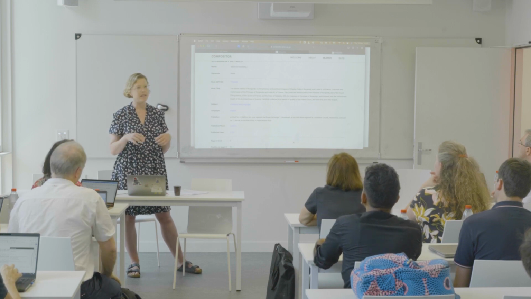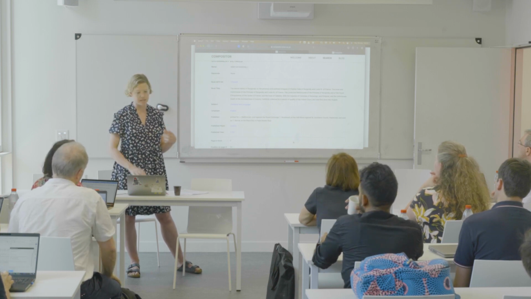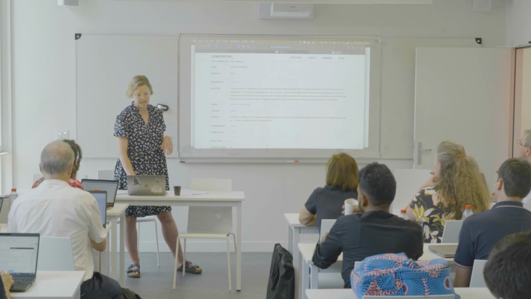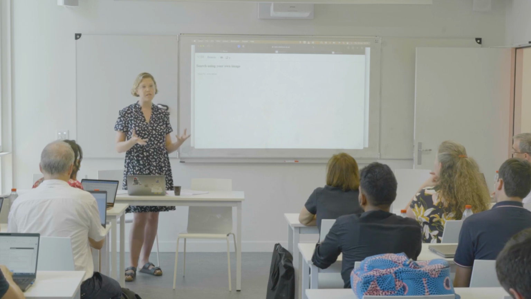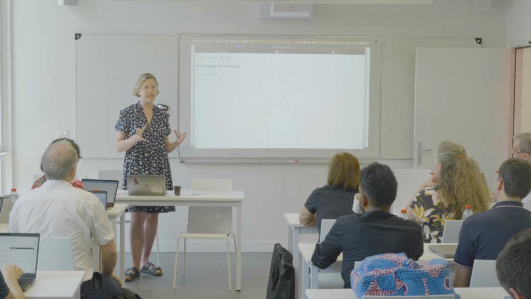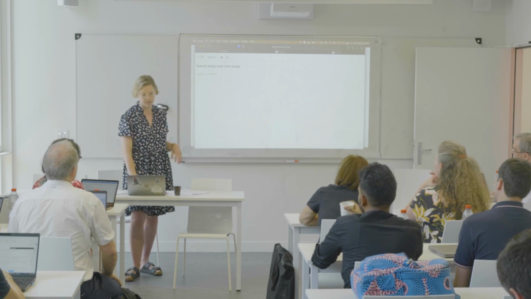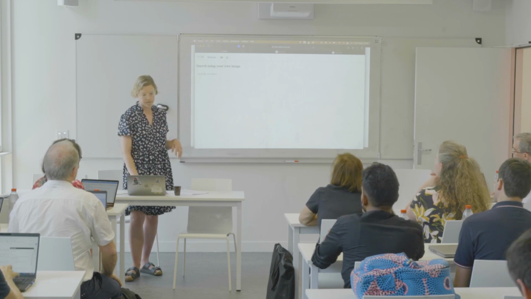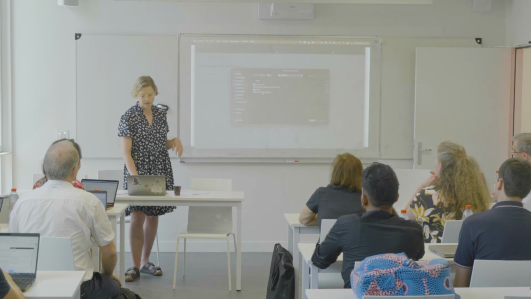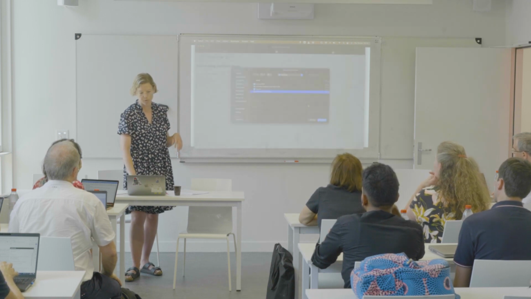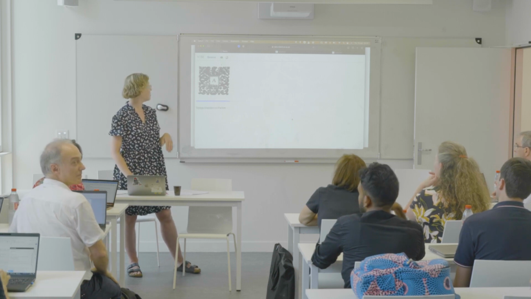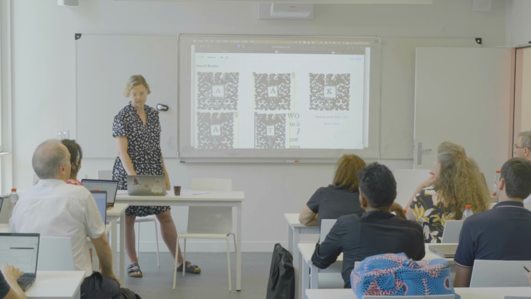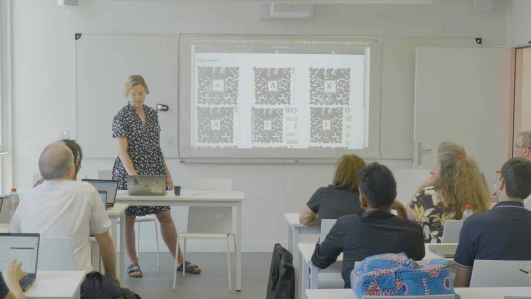But the main thing is this tool really works at finding matches in the database. The exciting new thing that they're developing is the ability to add your own image to the database and query that, so not just search from within the existing database, but add something of your own. So we can choose a file. I've chosen a small one for an example because they can take quite a long time to upload. But I can add my own image and it'll query it against the database and show me some matches.